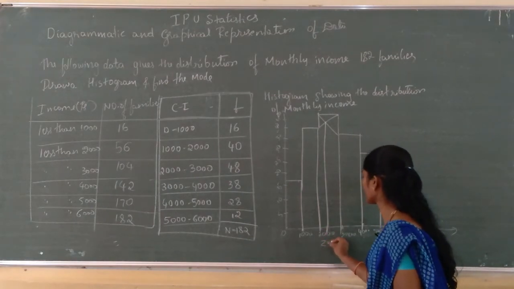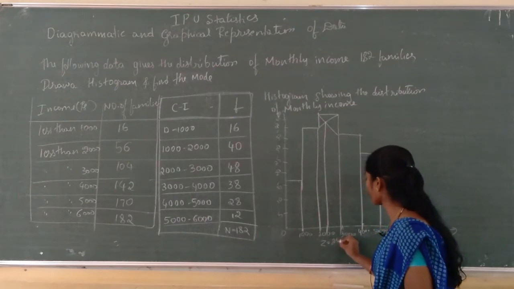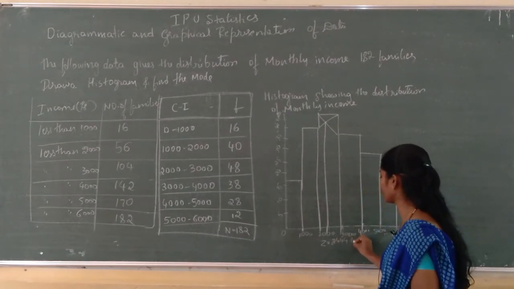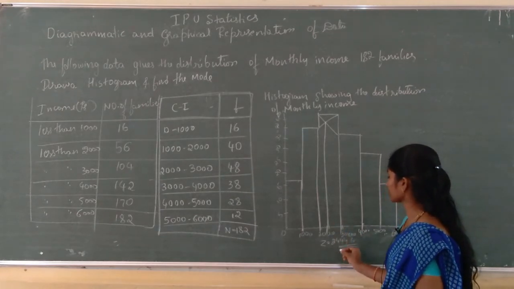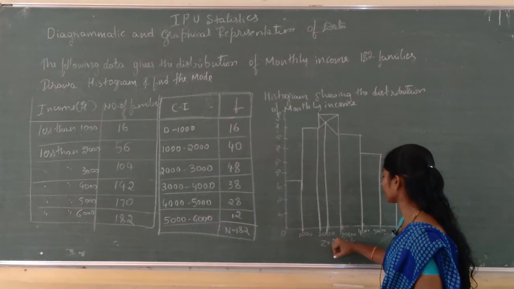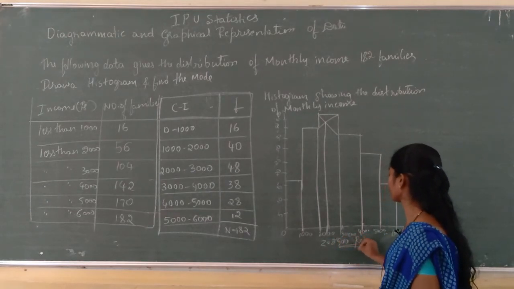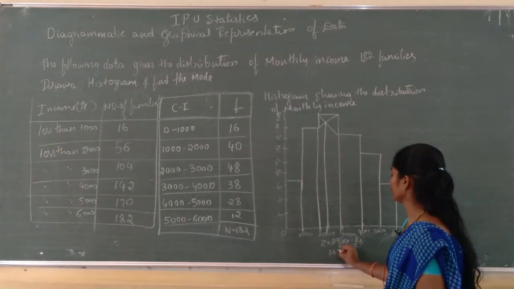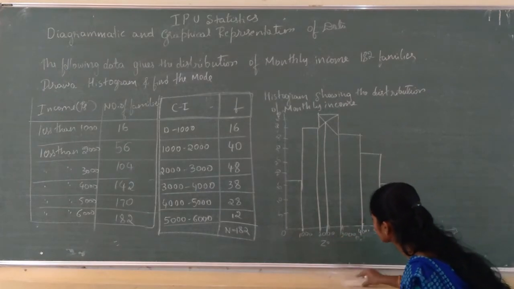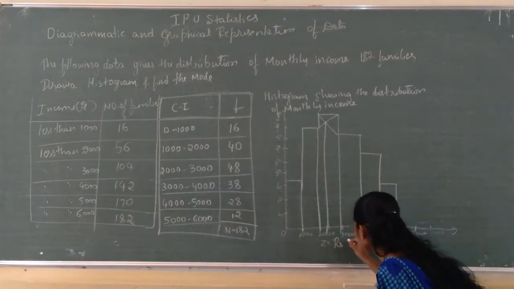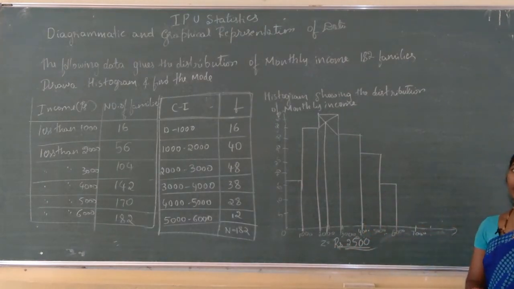The mode value, that is Z equal to 2444.444, or whatever answer you are getting here, 2444 or 2500 or 2400 you will get, like this way. That many rupees. Z equal to, I will write, 2500. Now we will see how you got it.